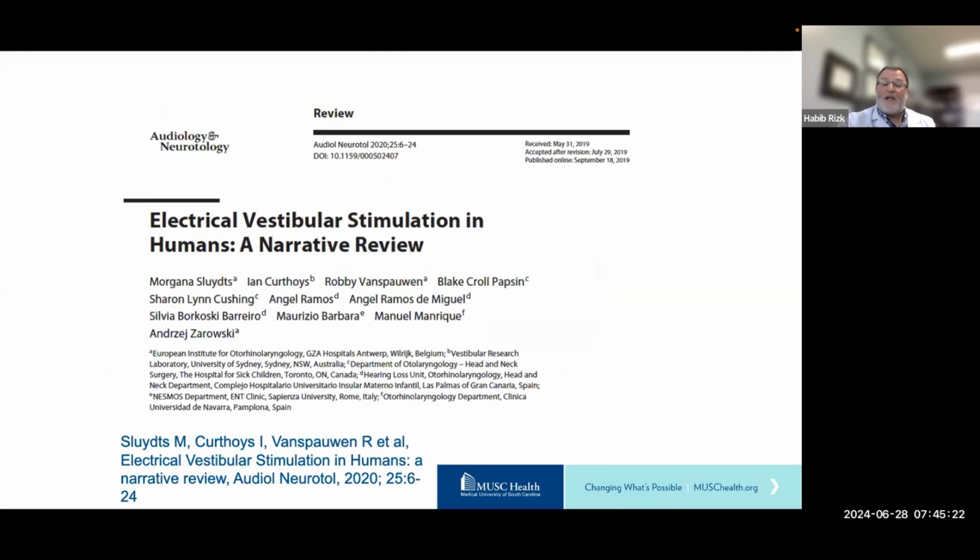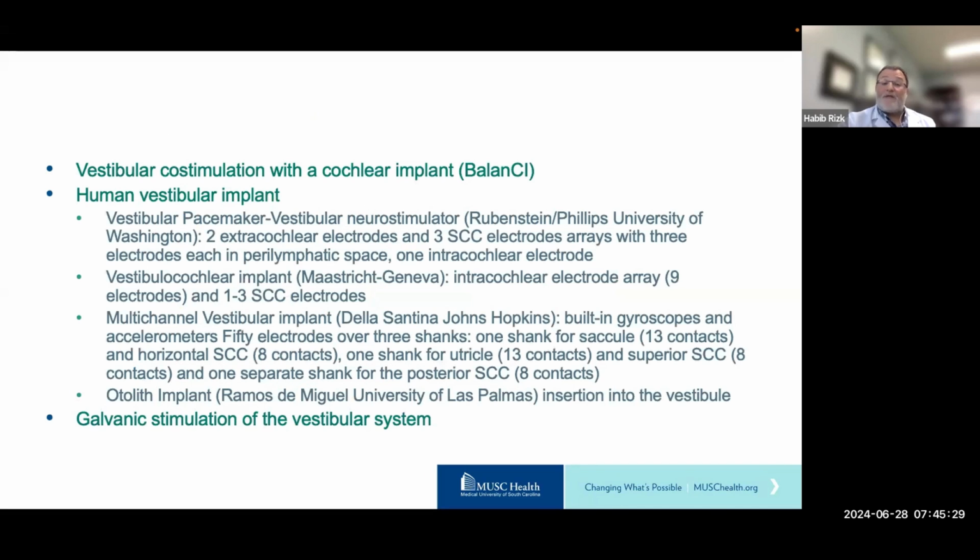There's currently a lot of work being done to develop the vestibular implants, and a lot of progress has been made as well. There are 4 groups simultaneously working on this and developing various forms of vestibular implants, which would be beyond the scope of this talk. What is also interesting is that there are studies being done on galvanic stimulation of the vestibular system that is meant to modulate the functioning of the peripheral vestibular system and hopefully impact central and upstream pathways as well.